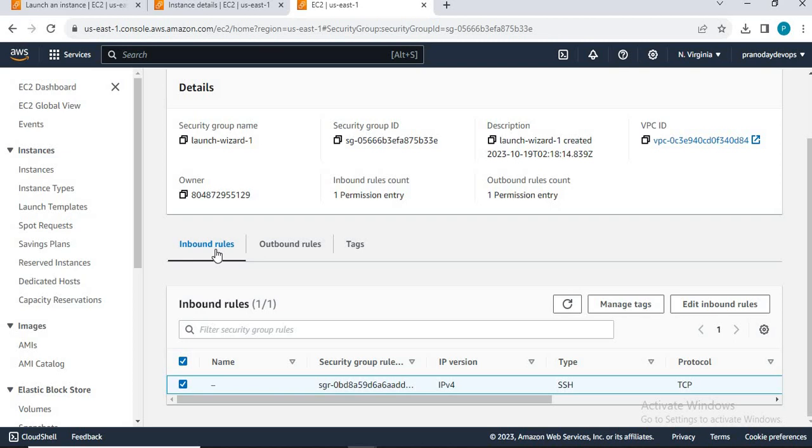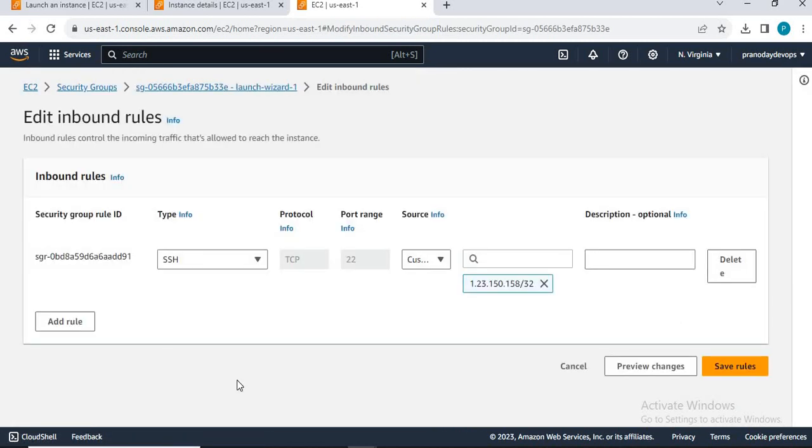So if you want to access your EC2 instance using SSH, you should have that inbound rule allowed. I'll show you, edit inbound rules. See here, SSH. So currently our SSH traffic is allowed to come in, the port is 22,